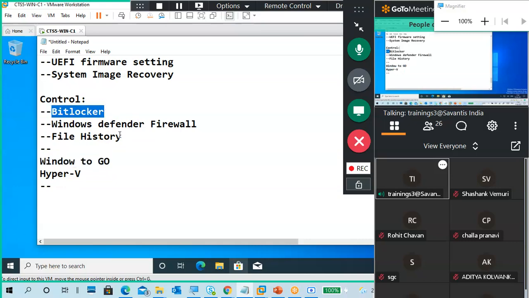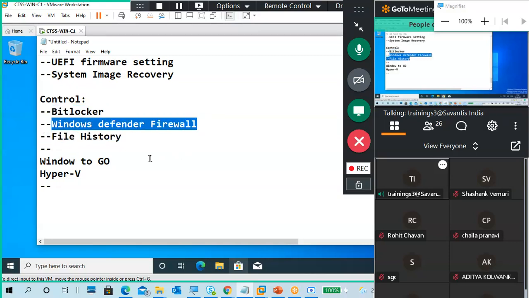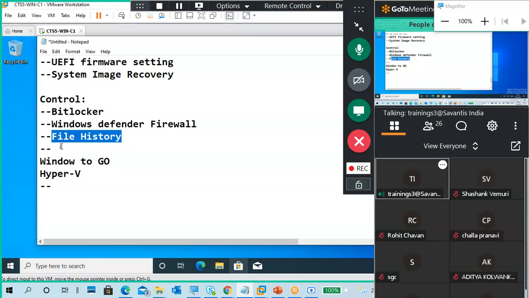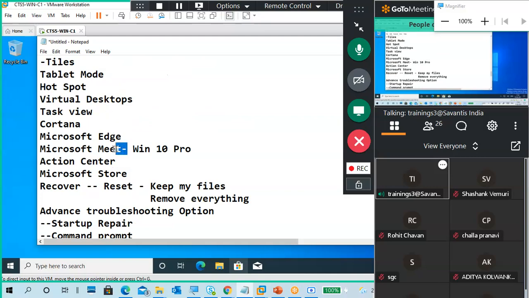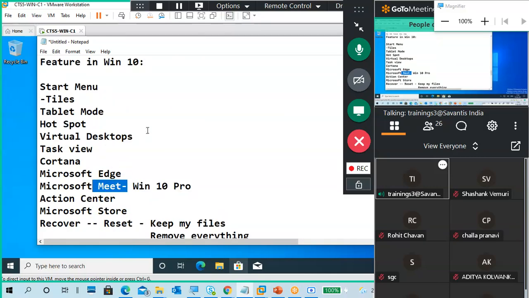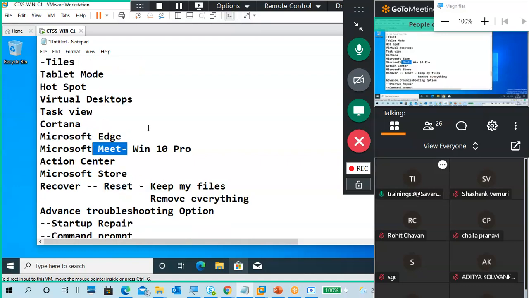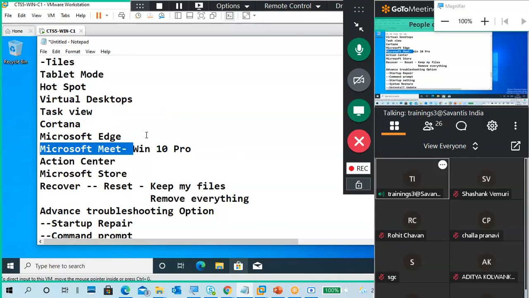BitLocker is a Professional and Enterprise feature, mainly for Enterprise, but it is available in Professional also. Windows Defender Firewall, file history, and one or two more options are there. But I showed all these options except Meet. You know Meet already, right?